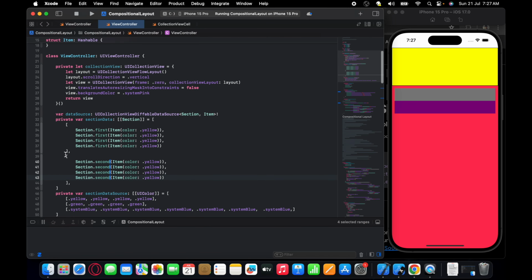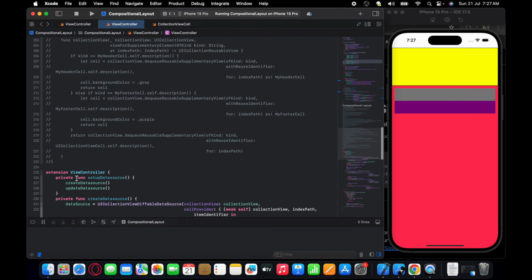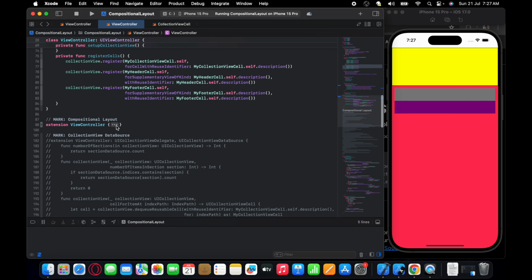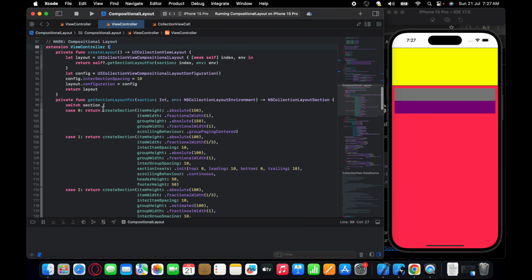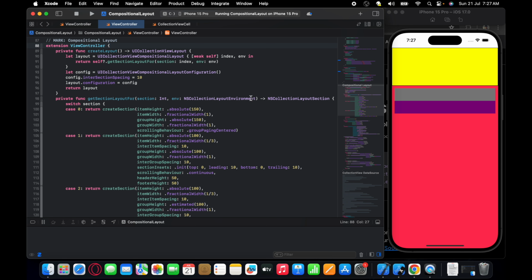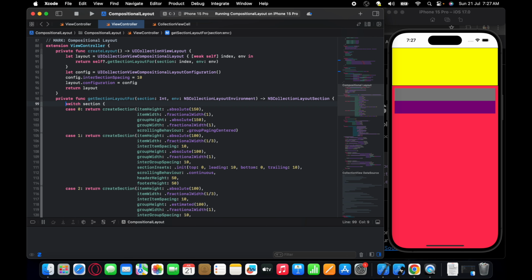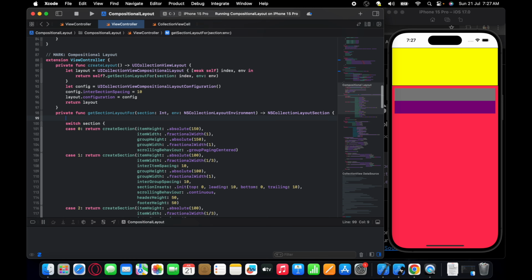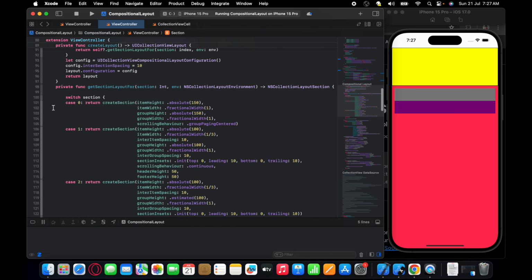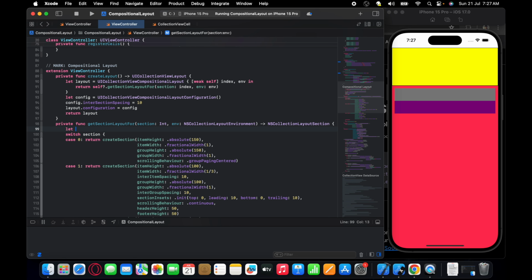Okay, so now there's one more thing which we need to do. In the compositional layout section, let's check our layout. Previously what we had done is that we had used the section index as our parameter for laying out the sections. Now since we have used this section enum right here, we will need to use this instead of the indexes. So let's try to get our section enum